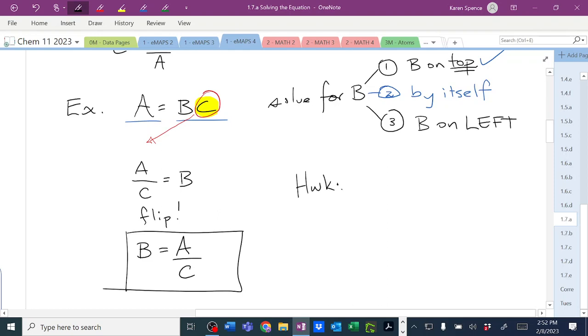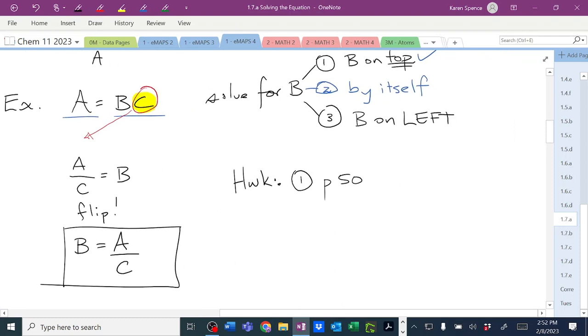Your homework, number 1, page 50. Number 2, page 116. Number 3, pages 122 to 123. I know we have hardly time left at all, but